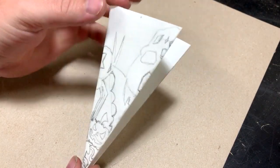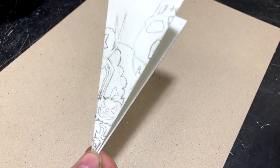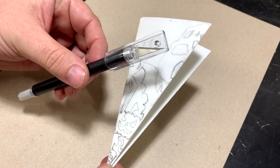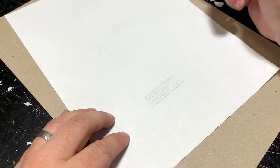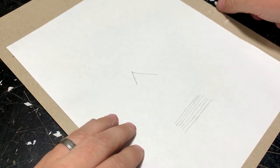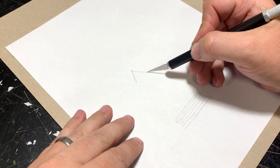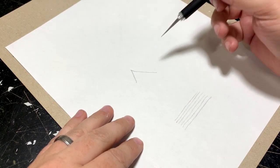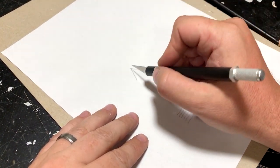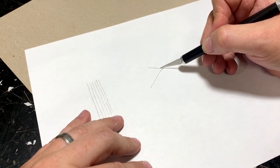All right, now that we've got the picture drawn on our actual snowflake, the only thing left to do is cut it out, and I'm going to probably cut the whole thing out using my X-Acto knife. You'll notice as I'm cutting, when I come into corner areas, that I will cut this way. I try to always cut away from the corner. So I don't cut up to the corner this way, or I do as far as I can, but then